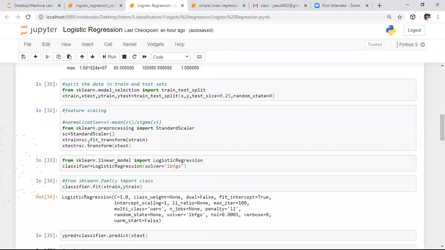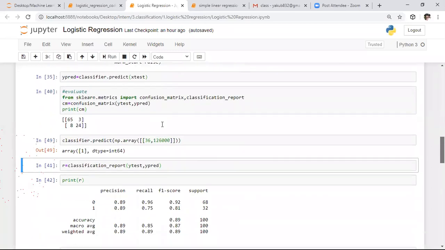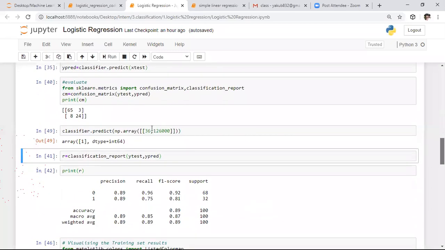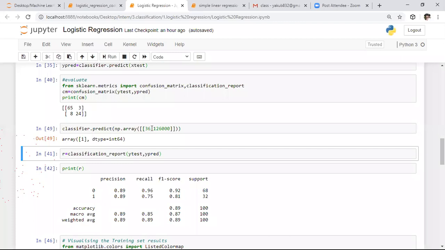If you apply the fit transform method, we need to specify the normalized values to predict the outcome. To avoid that problem, we are simply transforming. We are not applying the fit transform method there. It is nothing but the logistic regression model. These are the different steps we need to follow while doing this algorithm.